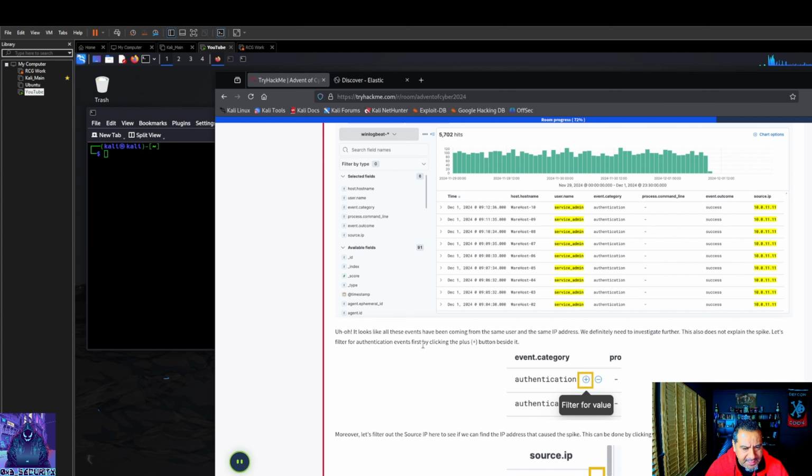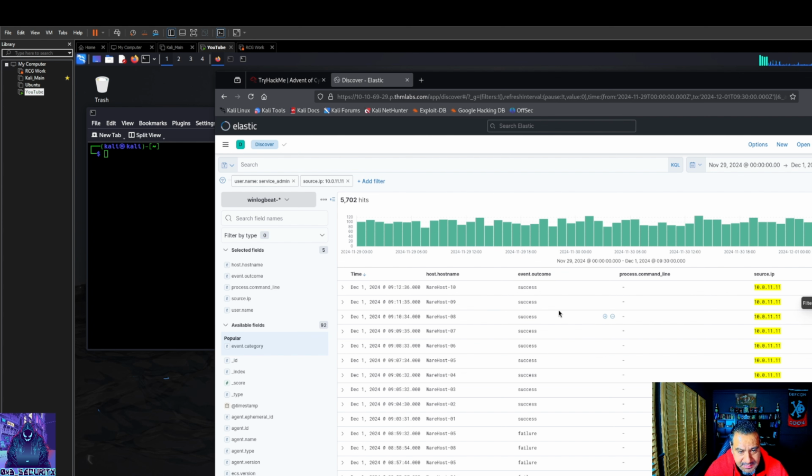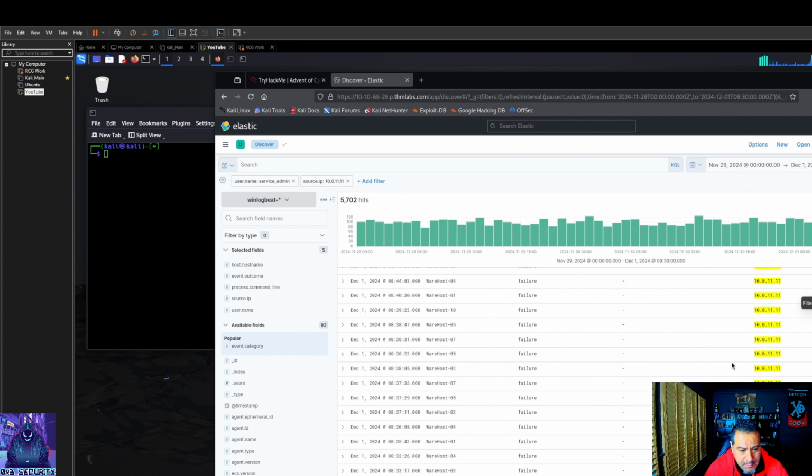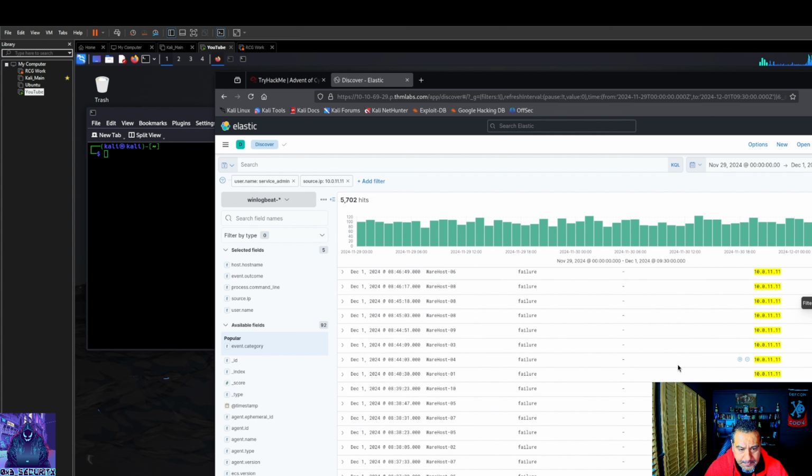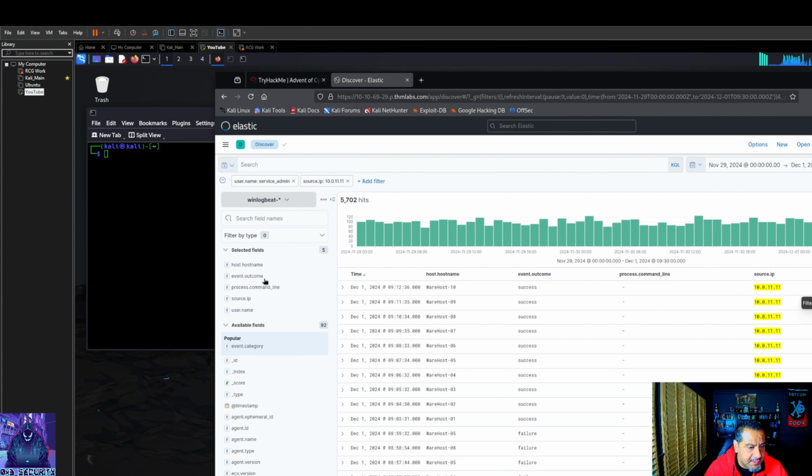Let's filter out authentication by first clicking the plus beside it. Okay, authentication. Oops, it should be at the top, right? Success. Is that event outcome? No, it's event. I thought it said take away event category.